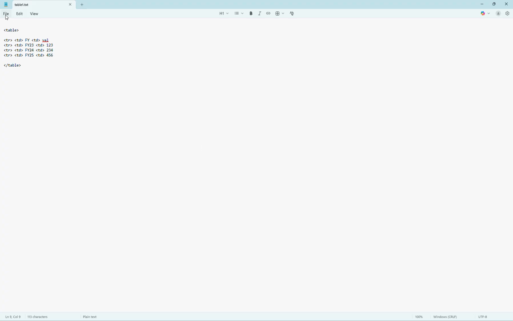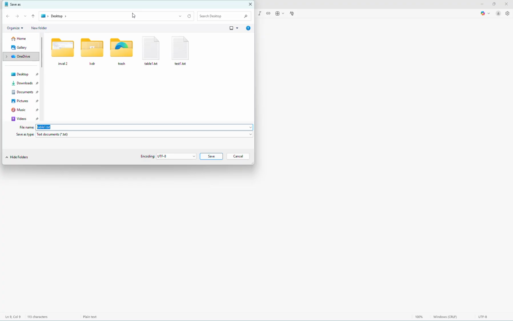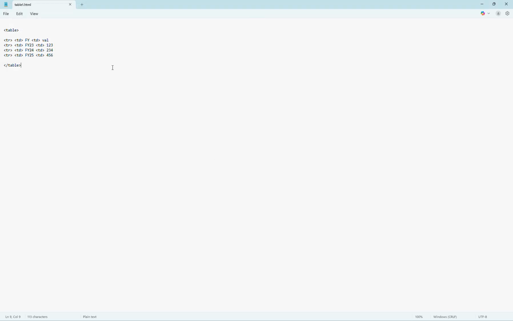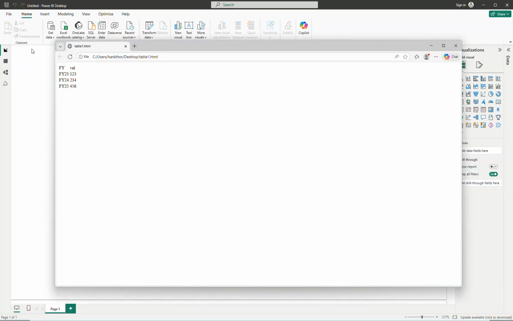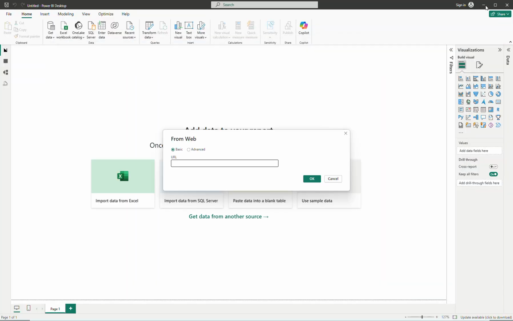so I will choose save as, and then I will save it to my table HTML. Okay, and then save it. So if you save it like this, it will give you another file here, and then you open the file. It will give you something like this. Okay, so let me close the